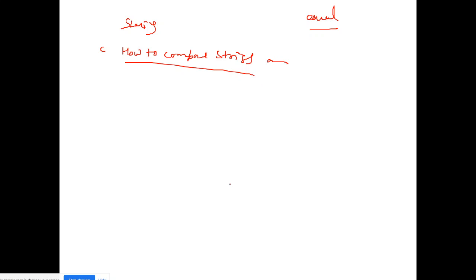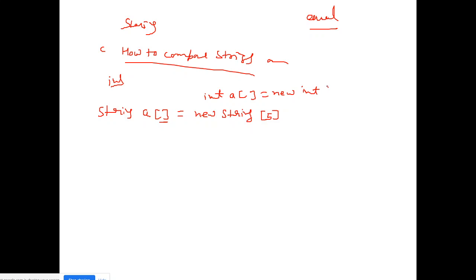So how to declare a string array? Similarly, but there it was integer, which is a primitive; here String is a class. String a is equal to new String, and just because it is an array, we have to define the array here and mention the size, as I did with the integer array: int a is equal to new int 5.